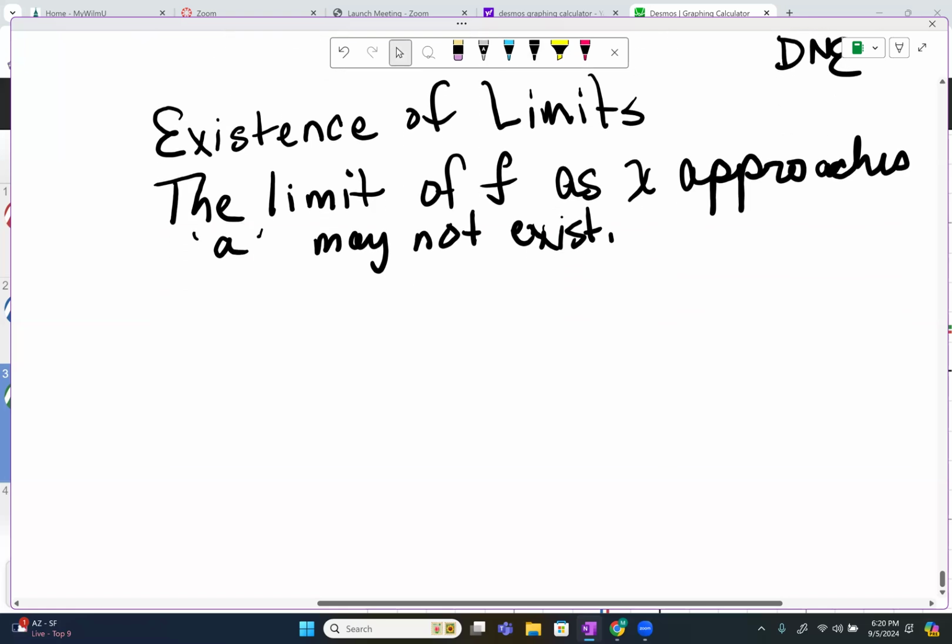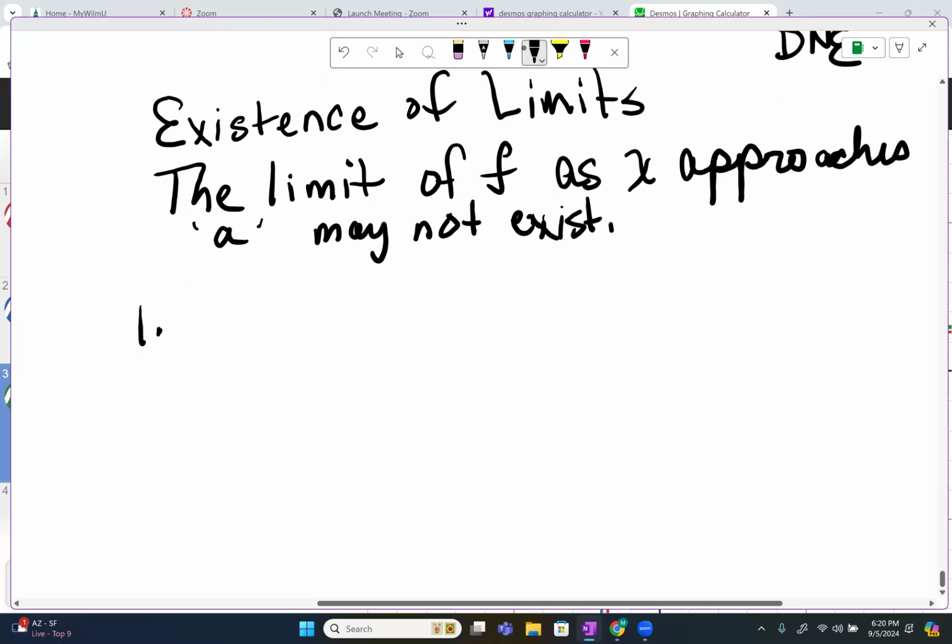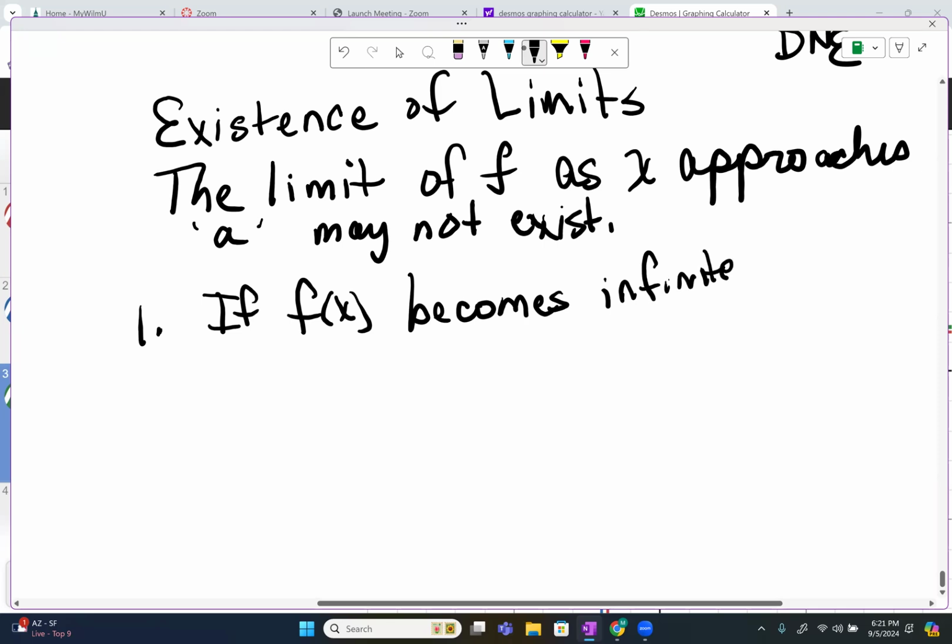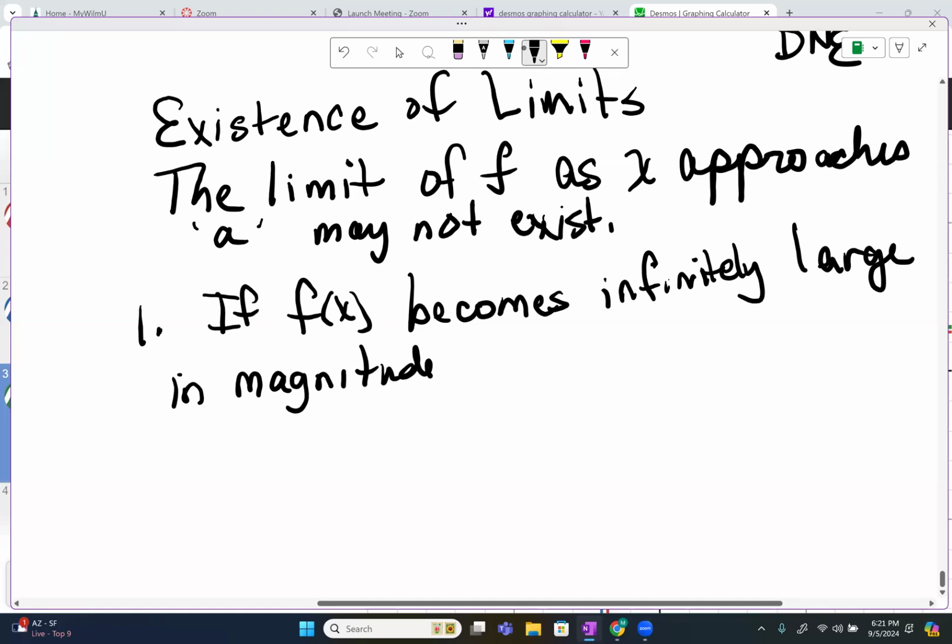And that happens when, number one, f of x becomes infinitely large in magnitude, whether positive or negative,